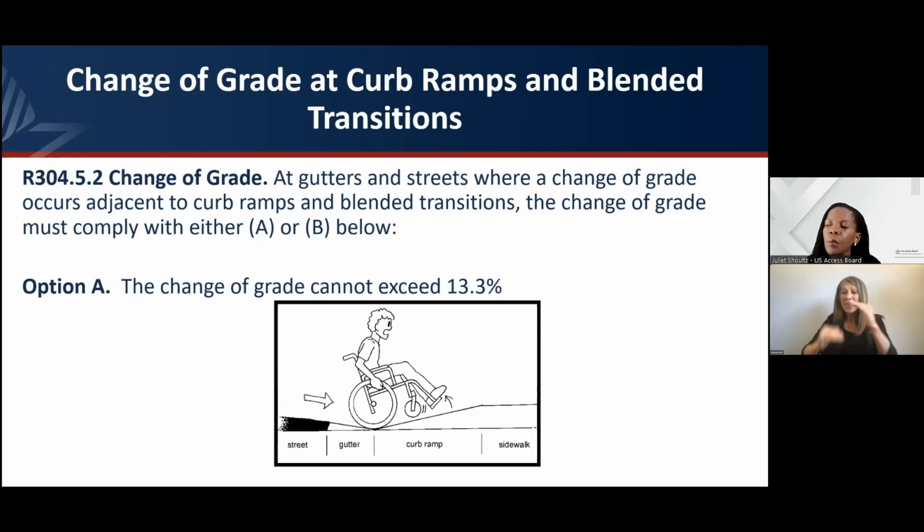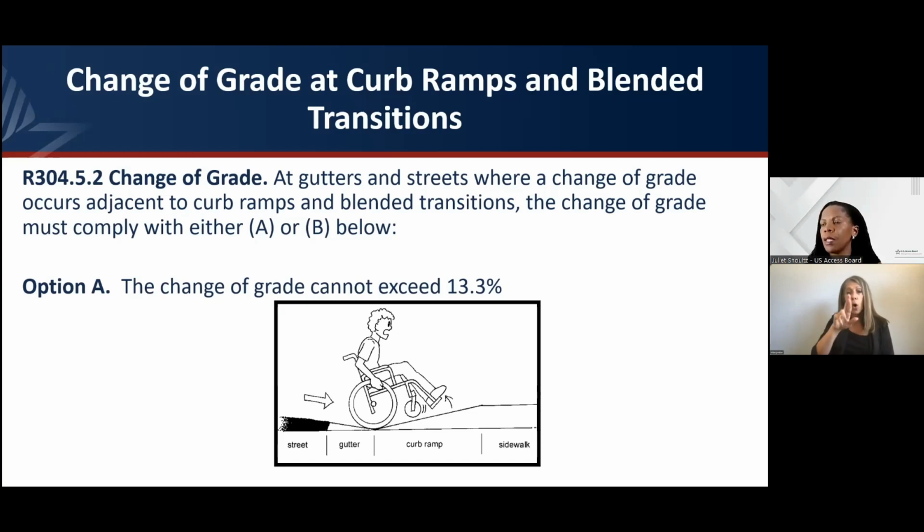the maximum allowable grade, which is 8.3%, and you have the crosswalk grade at the maximum allowable 5%, what you're going to look at when we talk about change of grade is adding those two grades. So we don't want those two grades to exceed 13.3%. Where you have that, that's when you have a user in a manual wheelchair having difficulty going either from the crosswalk to the curb ramp or vice versa. So provision